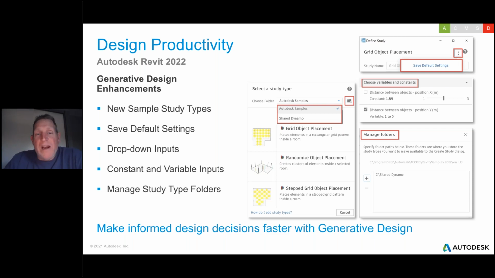Like, hey, I like grid object placement, but I don't want it to do furniture. I want it to do something different. I mean, I'm making something up, but you can go in and modify the family types and things like that that are available for it. But the cool thing with generative design is the fact that it can do iterative studies and do them extremely